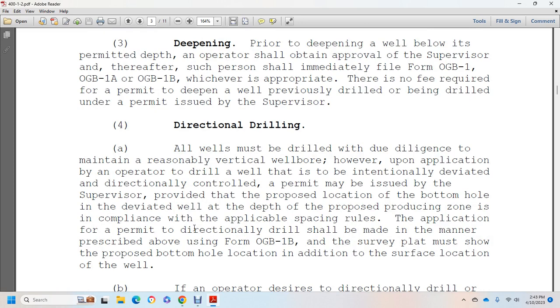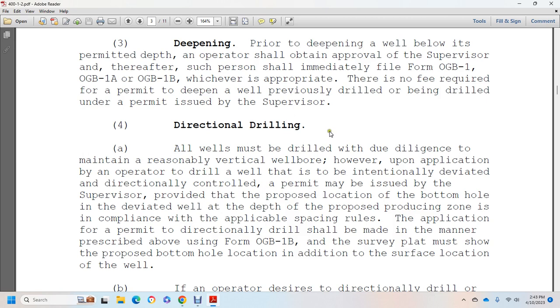However, upon application by the operator to drill a well to be intentionally deviated in direction and control, a permit may be issued by the supervisor, provided the proposed location of the bottom hole of the deviated well, the depth of the proposed producing zone, and compliance with the applicable spacing rules are given. The application for a permit to directionally drill shall be made in the manner prescribed above,